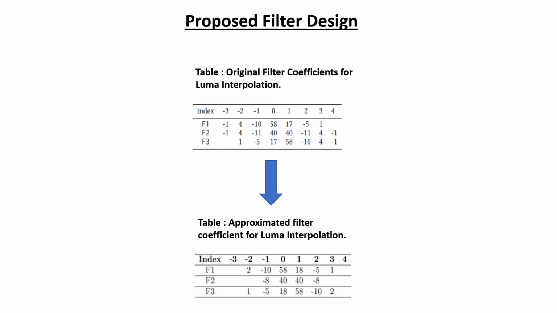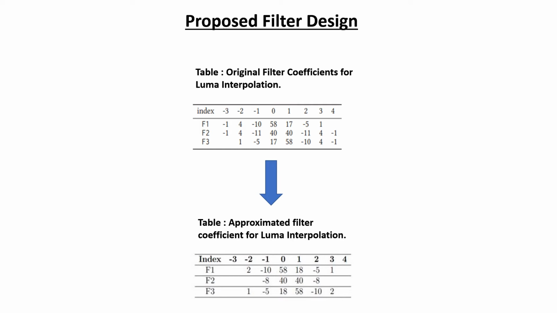Now this is the proposed filter design. This is the design that we propose for the luma interpolation filter. We could have implemented the design with multipliers, but it would increase the hardware cost that we cannot afford. So we have truncated the taps for f1 and f3 to 6 tap and for f2 to 4 tap, and we came up with a filter design which uses 20 adders.